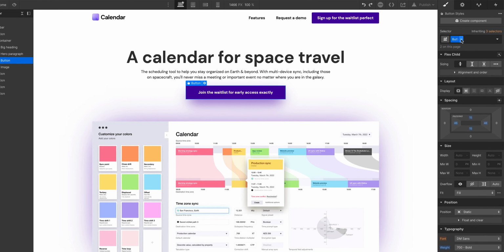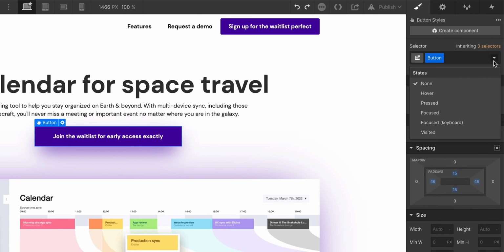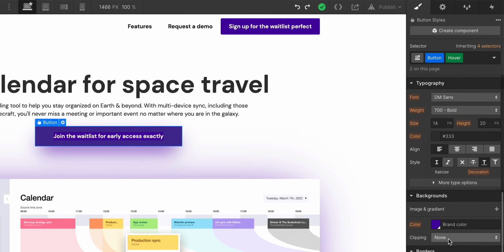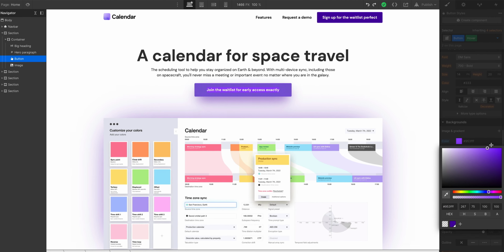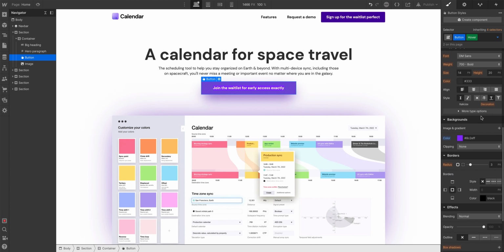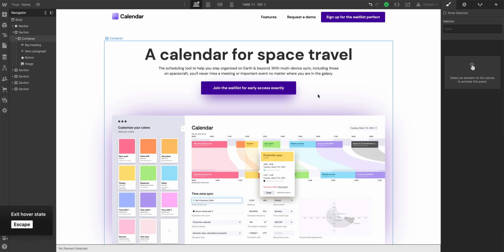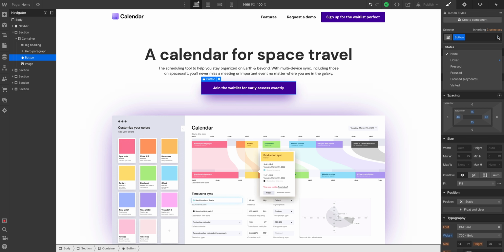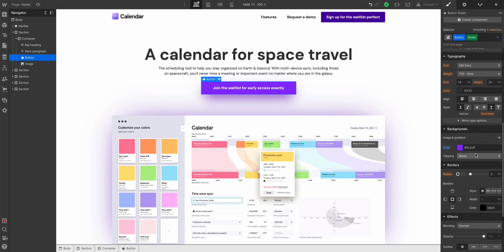But with this button selected, let's go over to the right. And we can go in to change what happens on hover. So what happens on hover? Right now, nothing special, but we can change that. So if we want to change the color, so it gets maybe brighter on hover, we can do that. And because we're editing in the hover state, we can preview. Let's just escape out real quick. We can preview what it'll look like when you hover over. That's okay. Let's go back into hover because there's a better type of design we can use for this, so